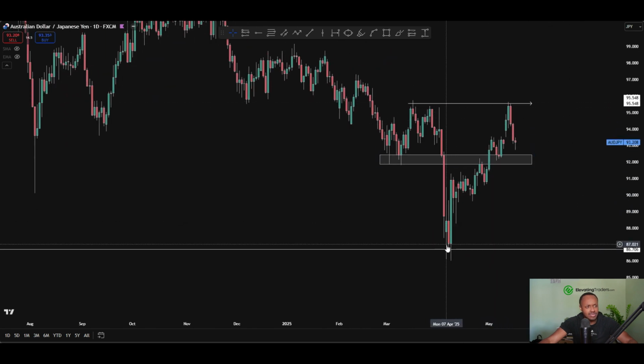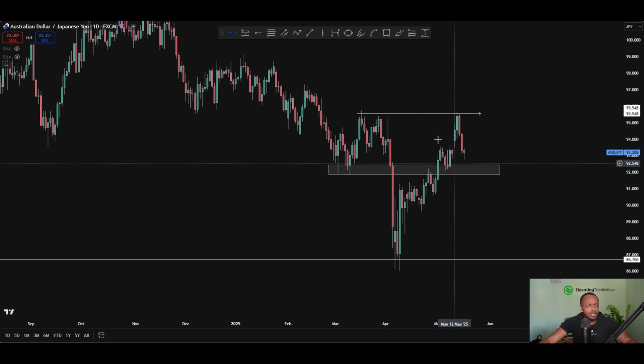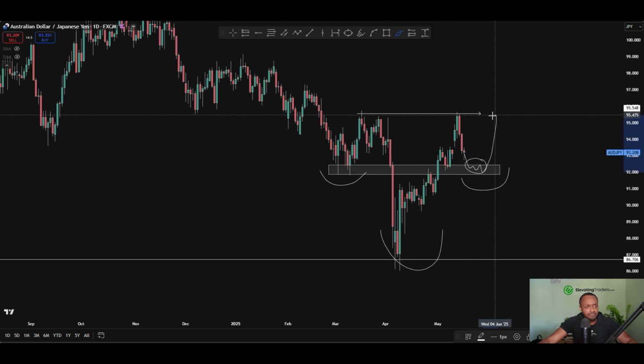The way we had that massive sell a few weeks back and prices kind of just erased all of that with this move here, I'm basically looking for an inverse head and shoulders pattern. Here's your left shoulder, here's your head, and there's your right shoulder. So I'm looking for a higher low here to form for a swing back into resistance. And like I said, I do think we can go further, but I think a simple trade idea, just looking for a higher low, swing back into resistance, can potentially call it a day there. You can always leave smaller positions to run if you want to, but that's the idea I have for next